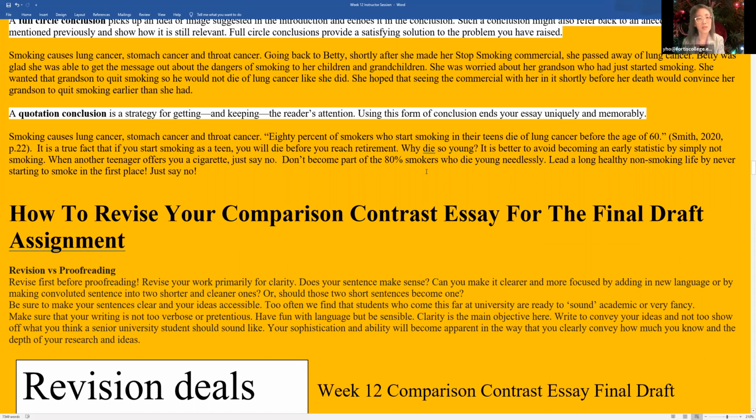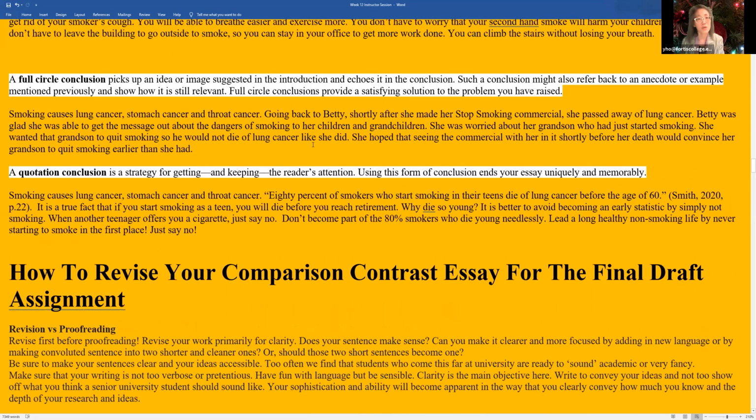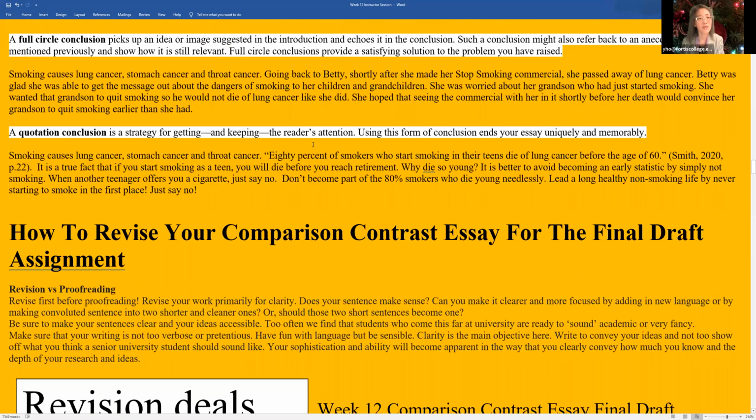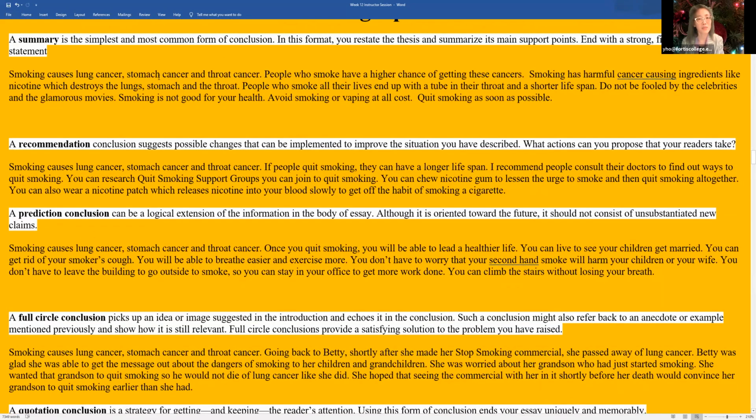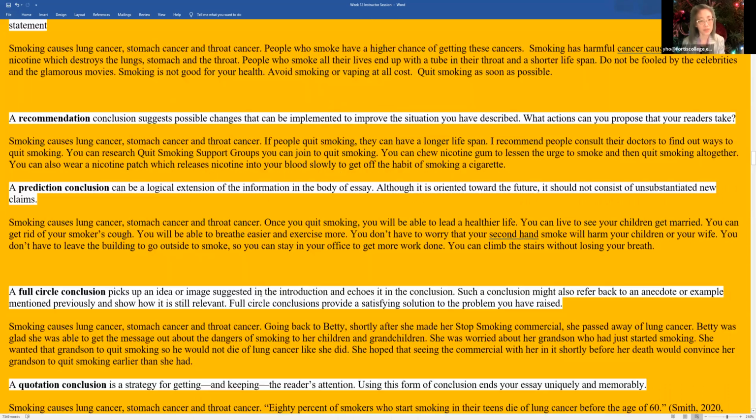So here, what I did was I created a conclusion based around this quotation. So you can do that too. It's a quotation conclusion. You could try any of these, or you could put them all together, mix and match. One conclusion could actually have little bits and pieces of each and every one of these. Then you would have a very satisfying conclusion, if you were such a good writer that you could combine them. You don't have to though. So I split them all up so you could see the different ways in which you can write a conclusion.